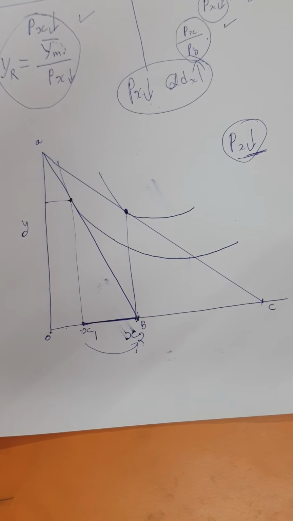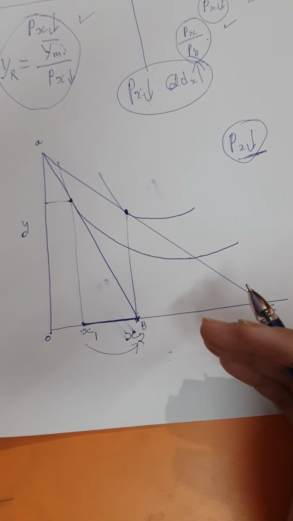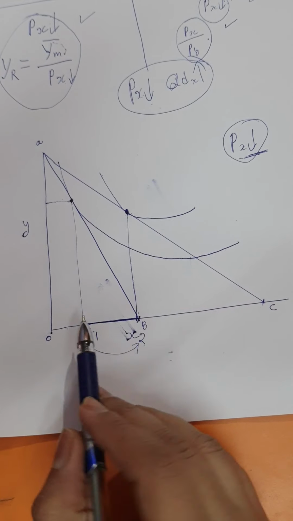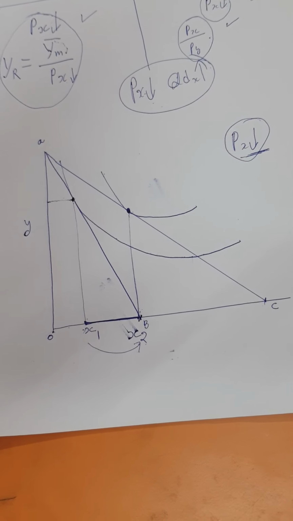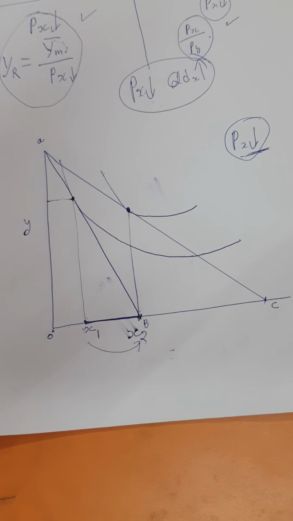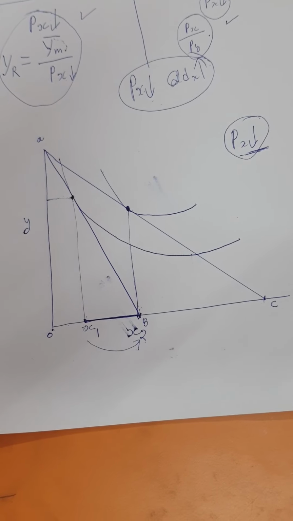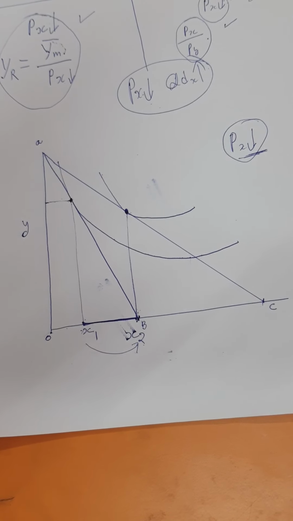So how to break this price effect into income effect and substitution effect? Means we want to know what is the substitution effect and how much is income effect. So we have to break this effect into two parts. How to do that? As you know, income effect is increase in purchasing power. If we neutralize the increased purchasing power of the consumer and we leave him on previous level of purchasing power but a new price ratio, we will come to know about the substitution effect.